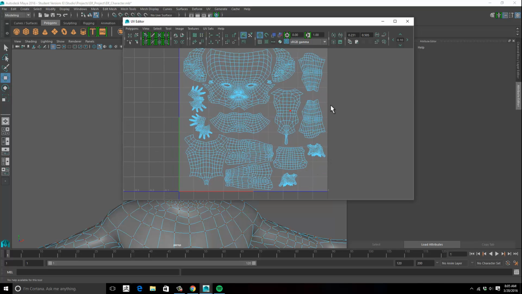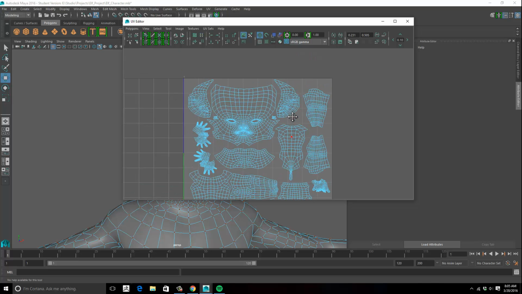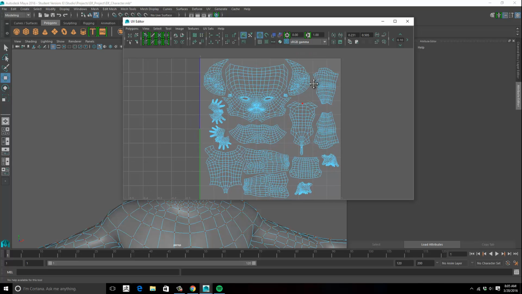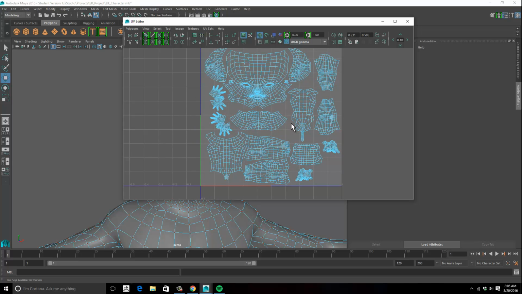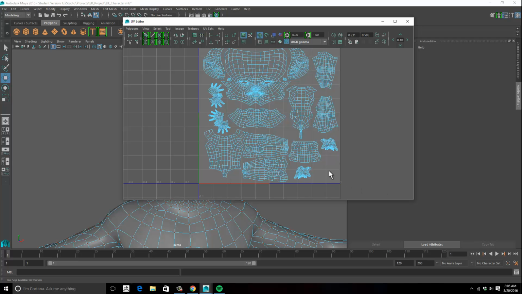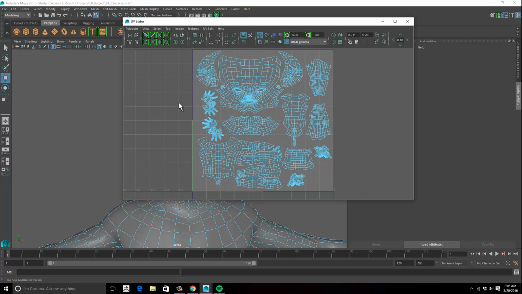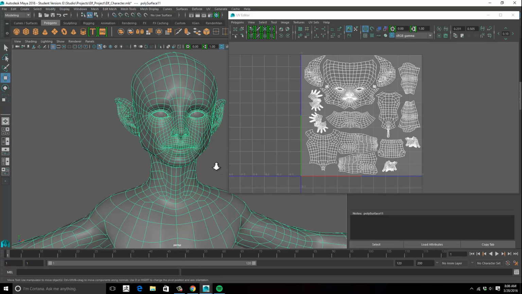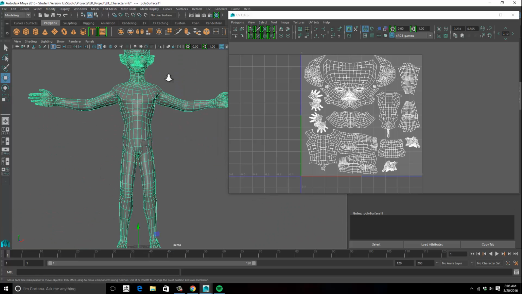There is some empty space in here. I could probably turn the torso on its side and get things to fit in here a little bit better. But I think for our purposes at this moment, most of our details are going to be in the face anyway, so this will be fine. And we can always do the texture for the eyes in here as well. So whenever I get to the eyes and teeth and things, I have extra space for those guys. But for the most part, we are done